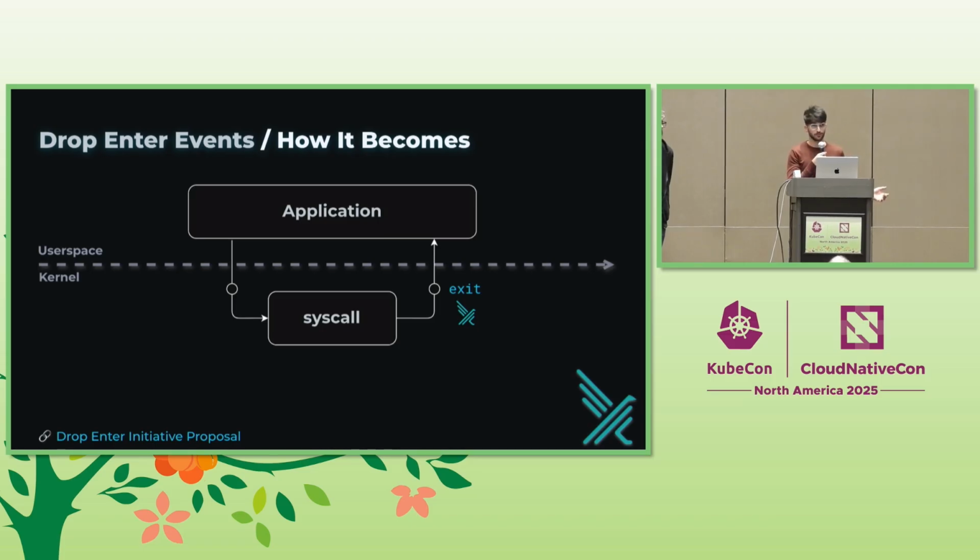So we got rid of enter events, and all of this that I'm discussing now was consolidated in the proposal, which you can find a link to in the bottom left corner of this slide. And of course, you need to download the deck if you want to access it. The proposal was approved this year in February 2025, work started since then, and it finished in October with the release of libs 0.22.